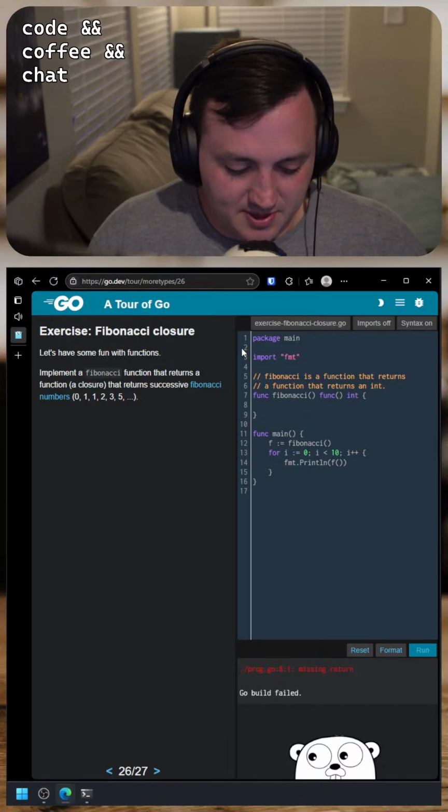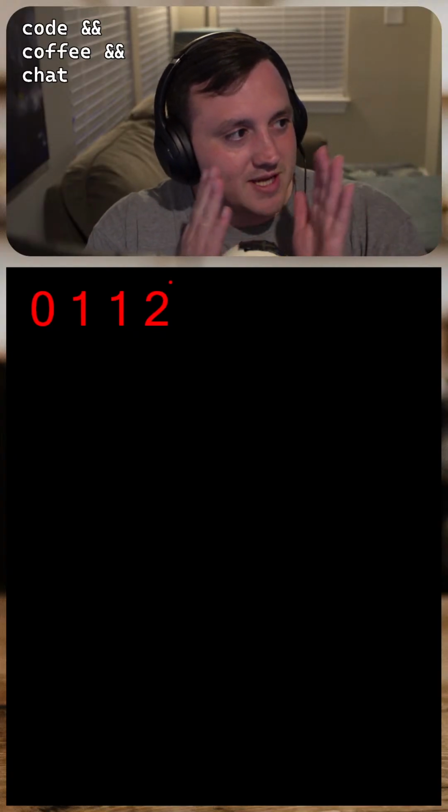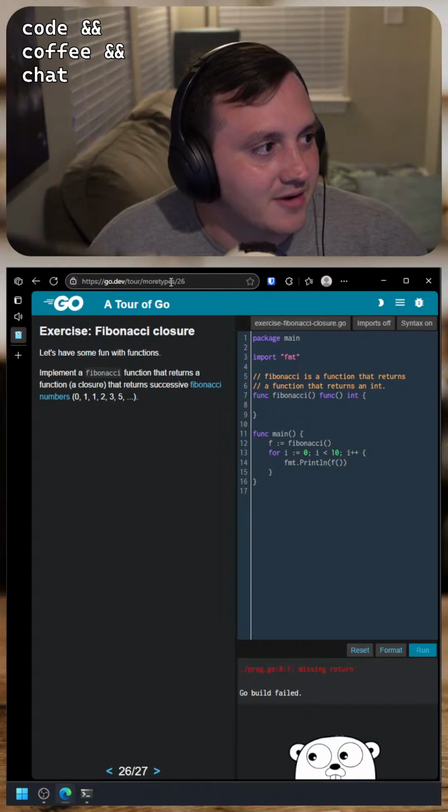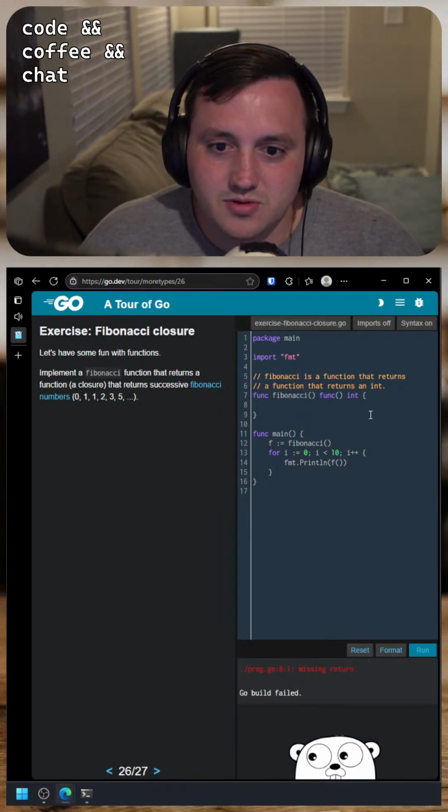A Fibonacci sequence is basically the preceding numbers: 0 and 1. Then you add those together to get 1. And then 1 and 1 is 2, and so on and so forth. So it's always like the last two numbers make the next number, and it follows that pattern. So in order to solve this with closures,